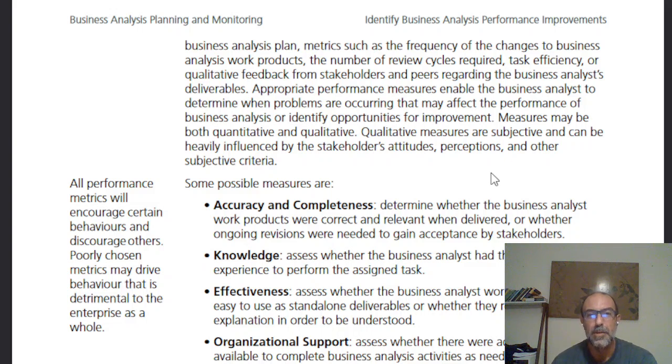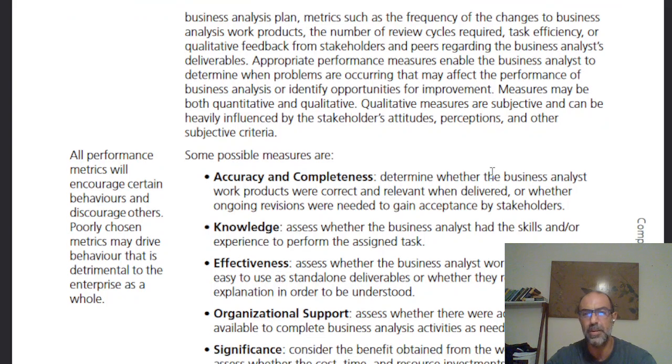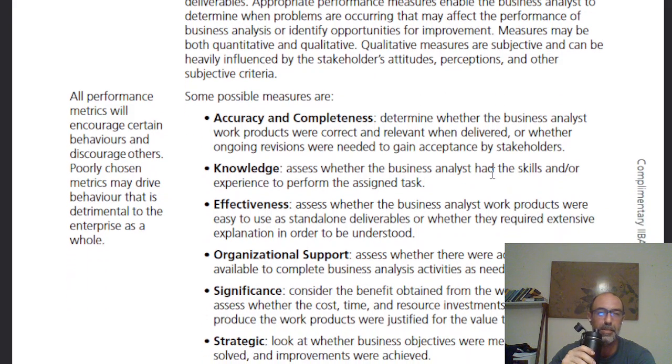You get it. Your KPIs are basically an average that you want to do better at. Sometimes with average breakages, for example, doing better means bringing it down. Sometimes with average success rates, you want to bring it up, and all that good stuff. Measures may be both quantitative and qualitative. Qualitative measures are subjective, basically morale, teamwork, collaboration, stuff like this. So stakeholders' attitudes are the ones that heavily influence this, and perceptions and other subjective criteria. Culture, company culture.